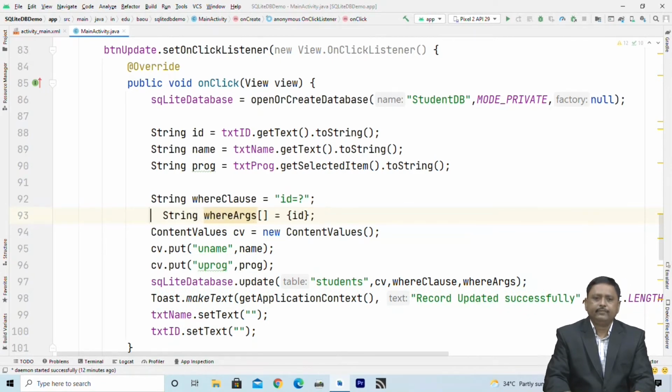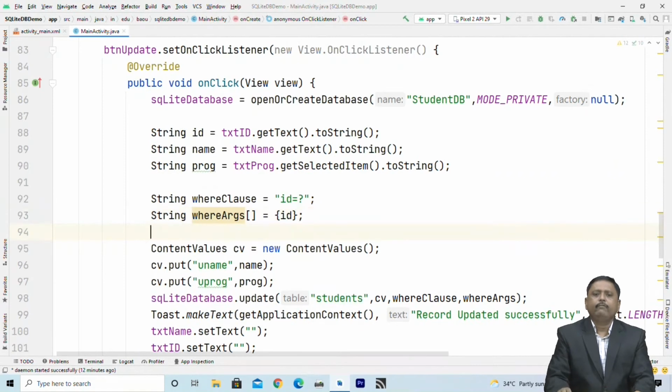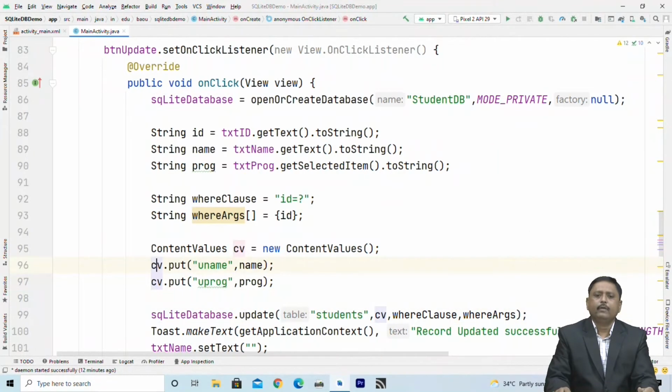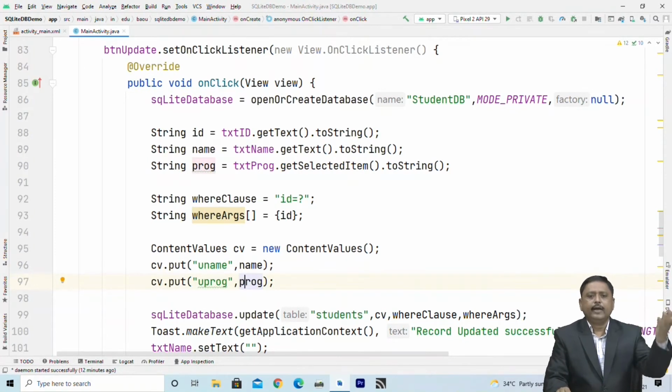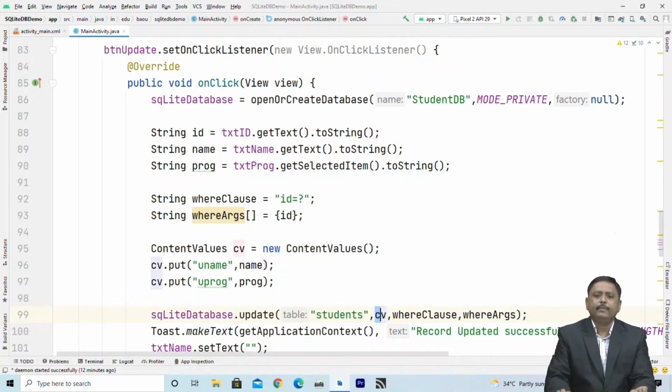So we have specified value to be updated, where clause, and actual value inside where clause, and then inside content value we put updated value of name and program with corresponding field uname and uprogram created inside database table, and then we call update method. So it update these students table with these updated value, content value, using these where clause and these where argument.